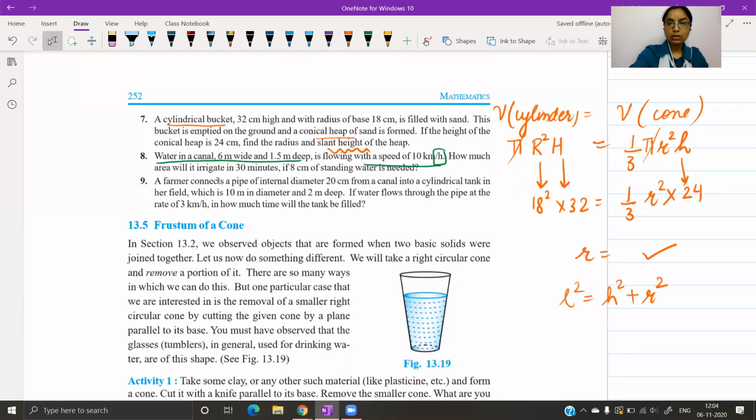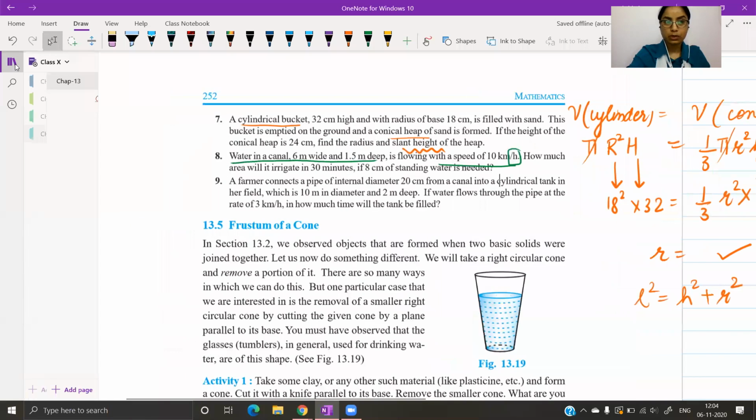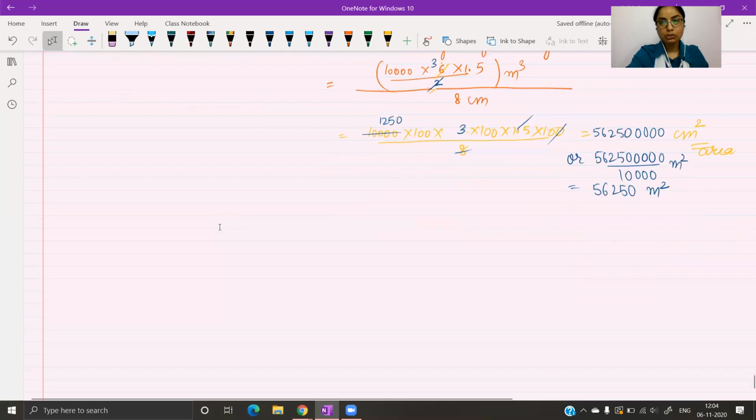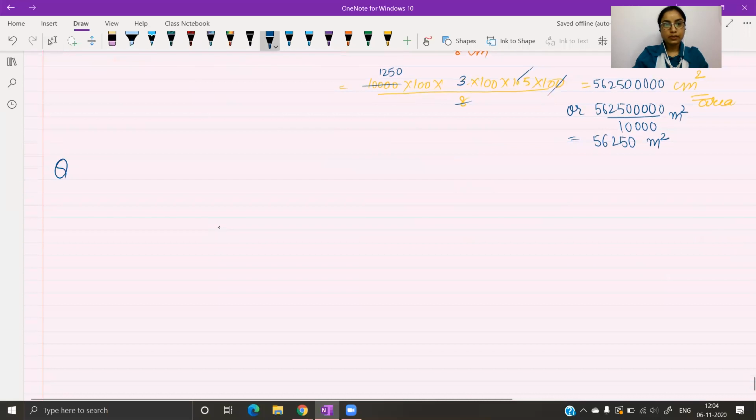You can again draw a rough figure for this in order to understand what's going on. Else you can just directly do the question. So I will be showing a rough figure. This is question number 9. There is a pipe which is cylindrical in shape